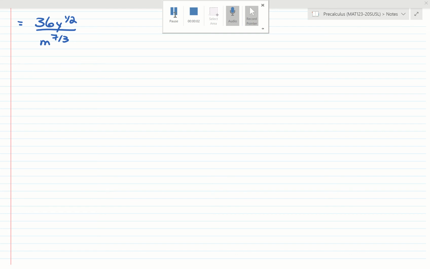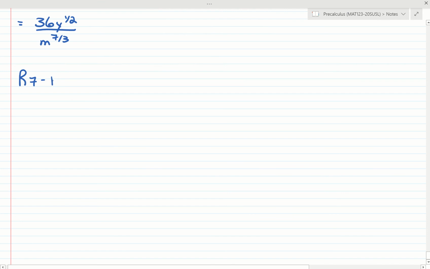And now we're going to talk about section R7, which are called radical expressions. So we did talk a little bit about radicals before, and just so we're all on the same page, that's